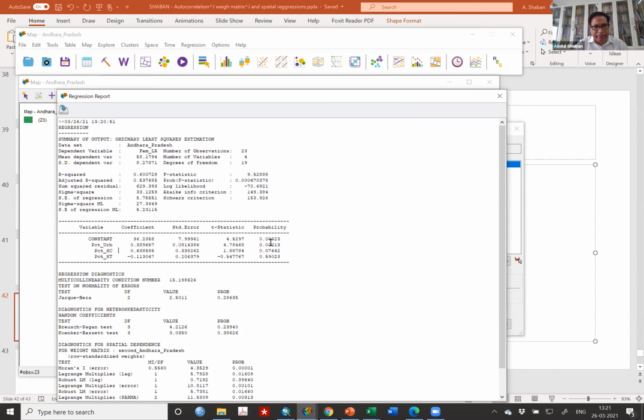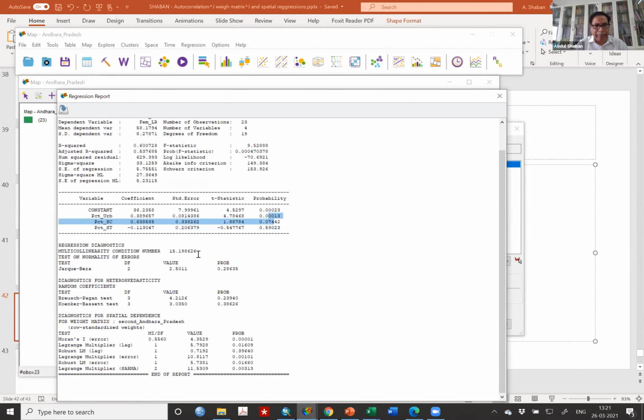The probability values are significant here. But there is a Moran's I error term, which is also significant; the probability value is 0.0001. That means your data or model has a problem: a spatial lag or a spatial error is present in it. How to find out?